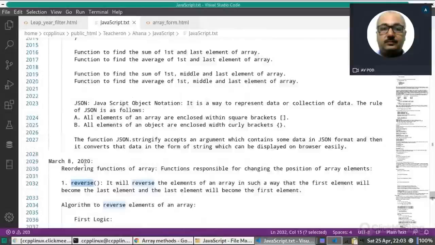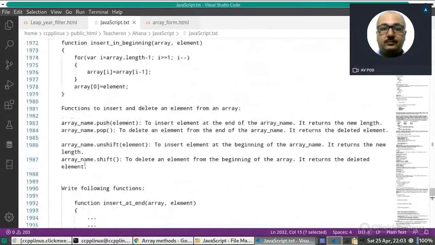Then push function, we have already used it. Then pop is there and shift is there. So what I just want is that the form should have some option, and after clicking on that option, we should be able to call these functions.